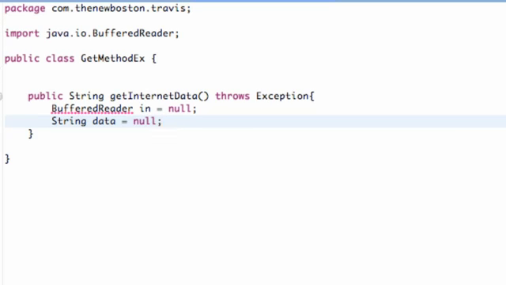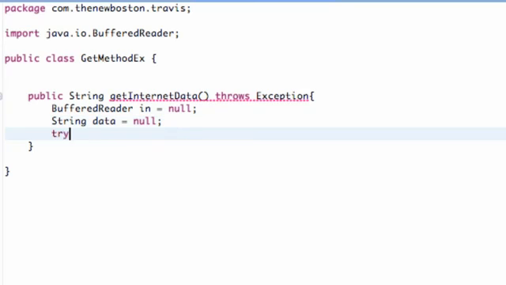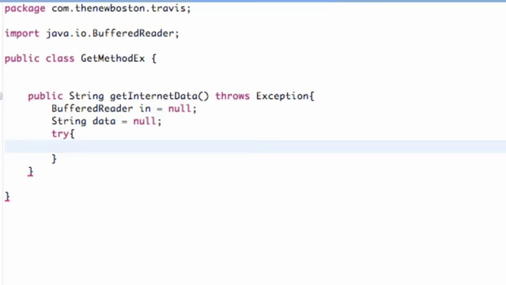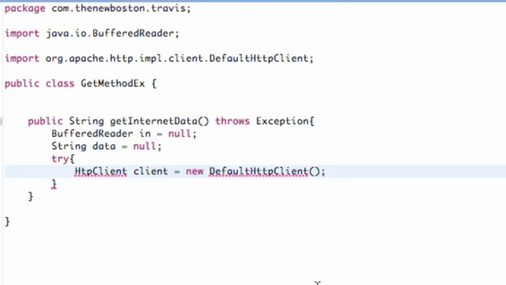Control Shift O to add our imports, which is our buffered reader. And then we're going to try to connect to the HTTP client. I always wonder if I'm saying that right or not. So let's set up our HTTP client, and we're going to call this just client, pretty standard. We're going to set this equal to the new default HTTP client, just the default HTTP client. And just make sure you spell that right. And what this is going to allow us to do is